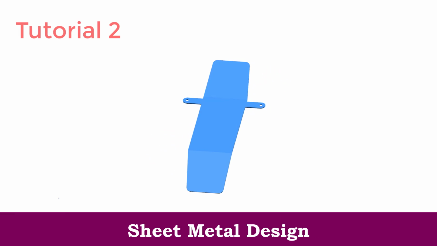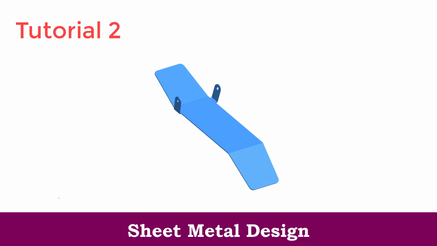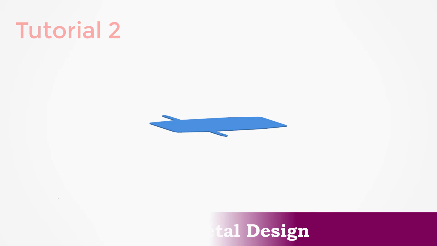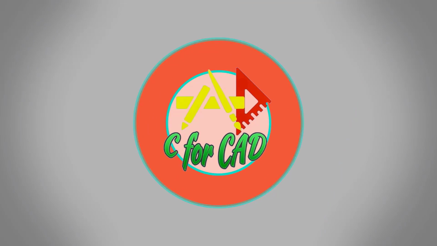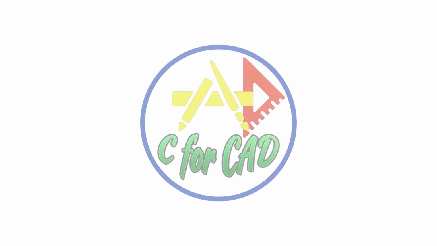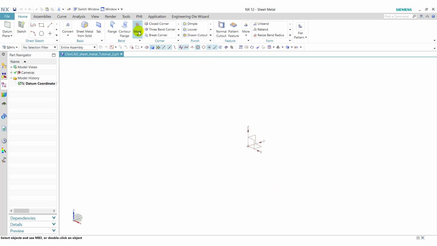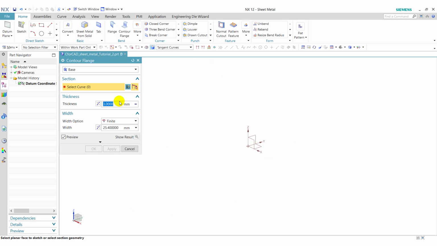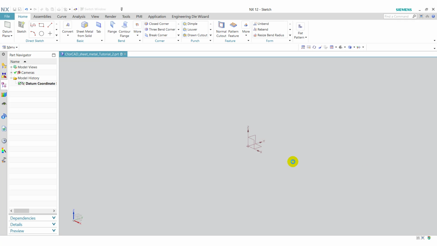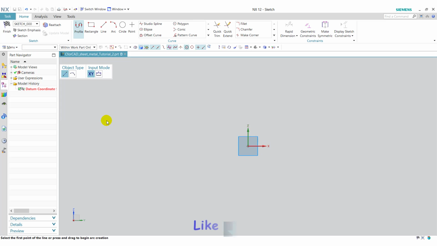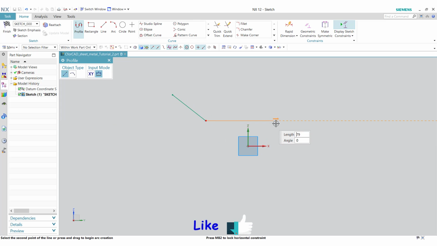In this video, we are going to create a sheet metal part in NX Unigraphics, which is displayed over here. So let's get started. First we will use contour flange feature. So click on contour flange, click on sketch section and select this YZ plane. Click on OK. Draw one sketch like this